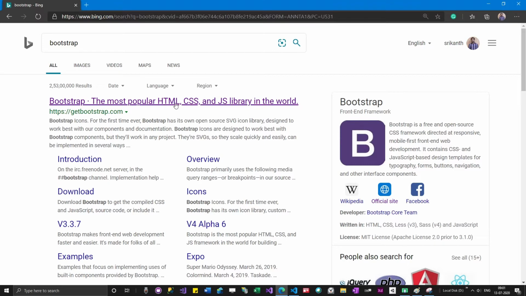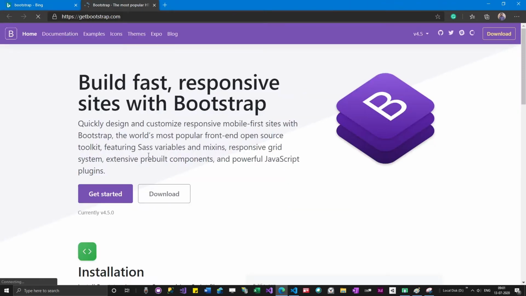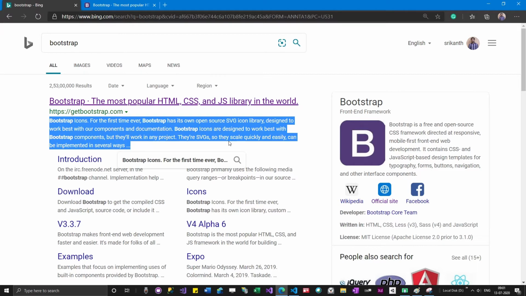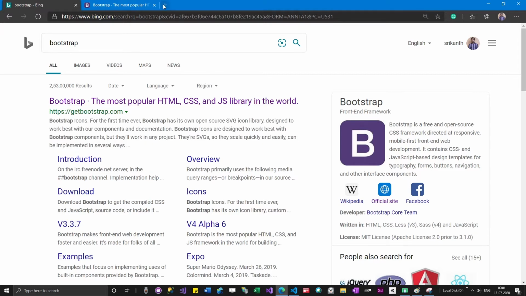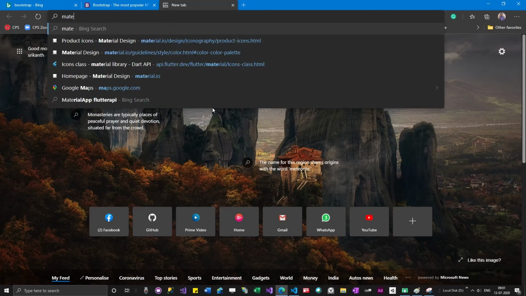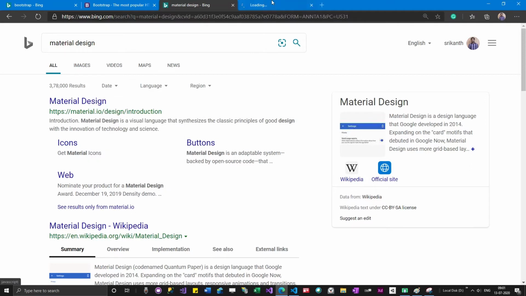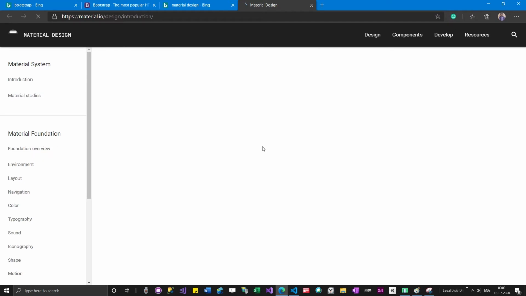Okay, so Bootstrap is like an advanced concept for CSS. It's a library which will help you to have a consistent design across websites. Similarly, we have something called Material Design from Google. Okay, so Material Design will enforce that your app has a consistent style. So when you say add a button, all buttons will be the same. The only thing you can control is the size of it.